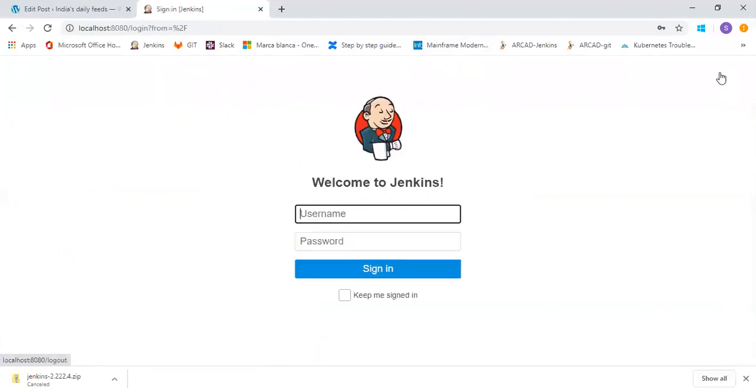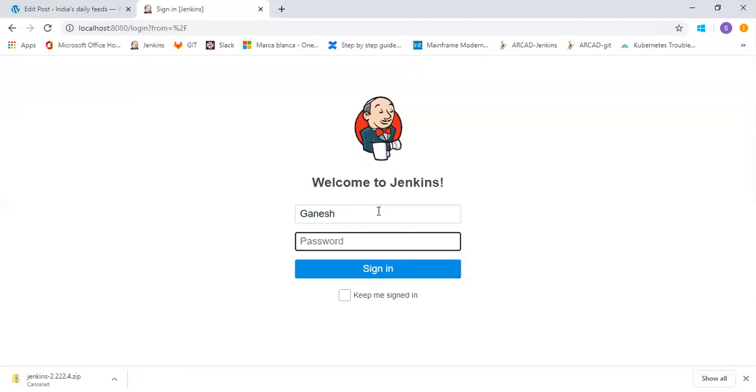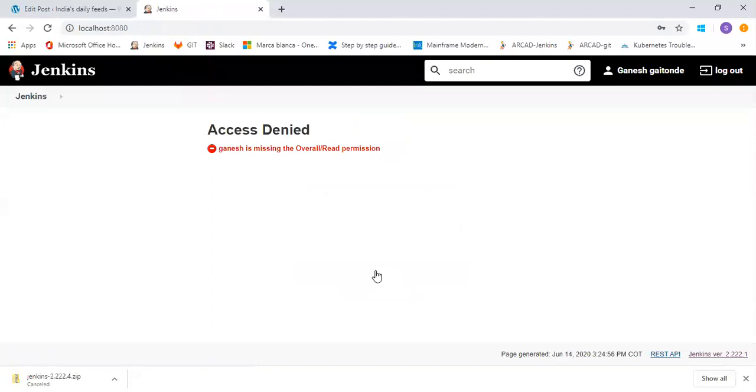Maybe the password is not correct for developer. So if I am giving Ganesh, Ganesh is missing overall read permission. Ganesh is currently logged in.